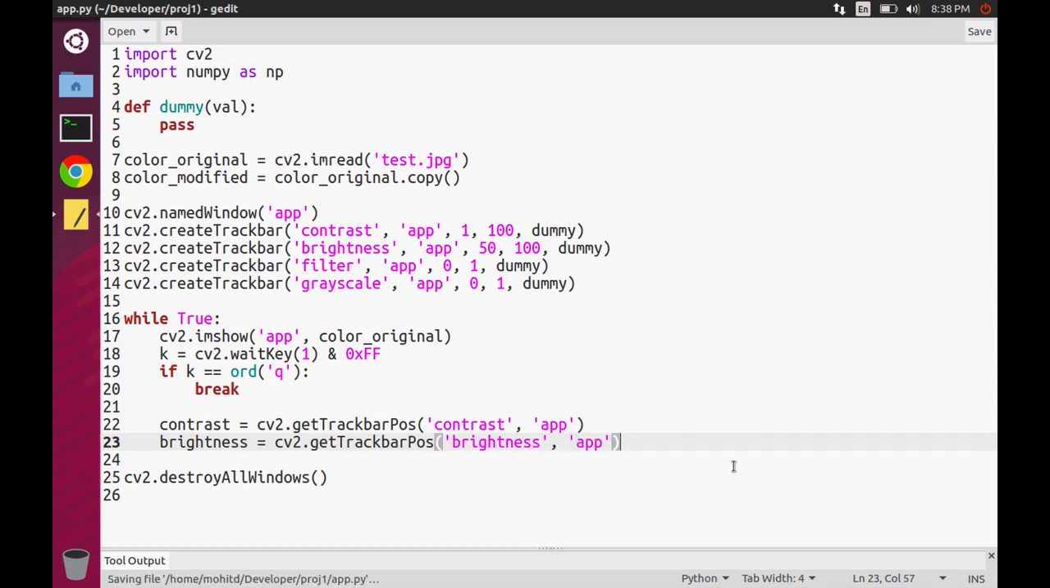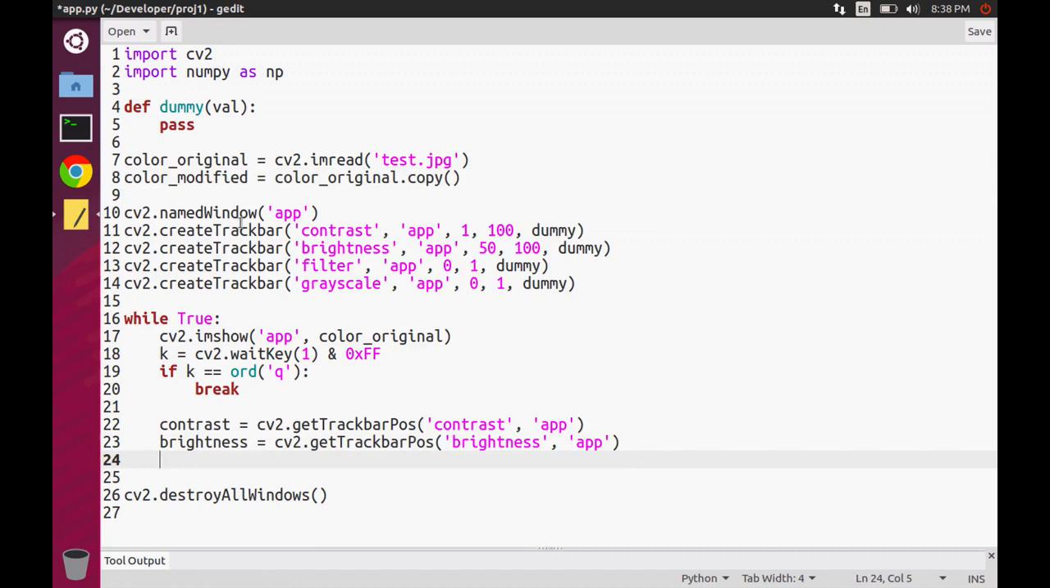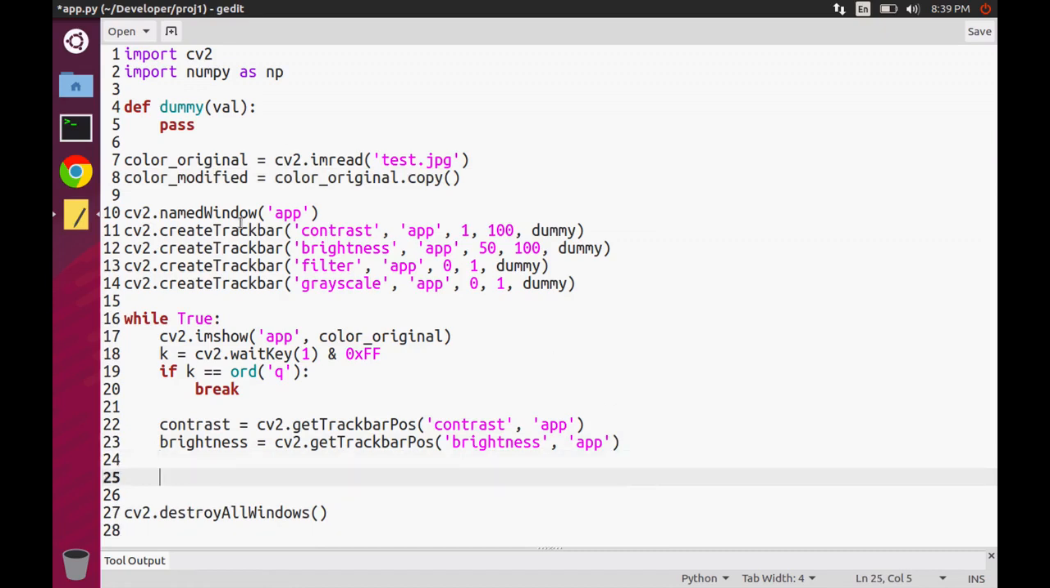Okay, so now that I have contrast and brightness, I can actually change this color modified by applying contrast and brightness to this original image. I don't want to change it to this modified image because, remember, I don't want these effects to compound. So let me add contrast and brightness to this original image. So how am I going to do that? Well, I can use that addWeighted, right? So I'll do something like color modified